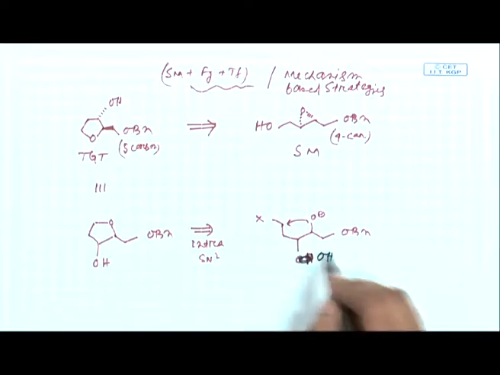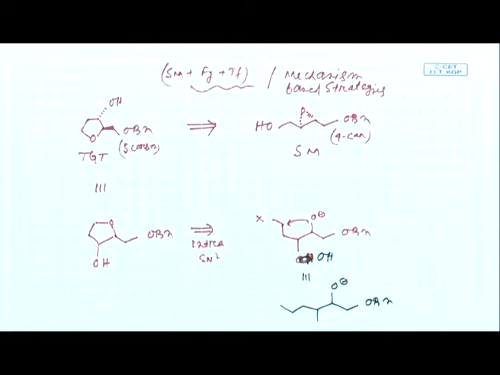Now, we will just try to rearrange the entire compound in a linear form. X should be a leaving group. In addition, X can also give you an extra carbon. Now, you count 1, 2, 3, 4, 5. This is your OH. So, this displacement is what we are basically talking about.